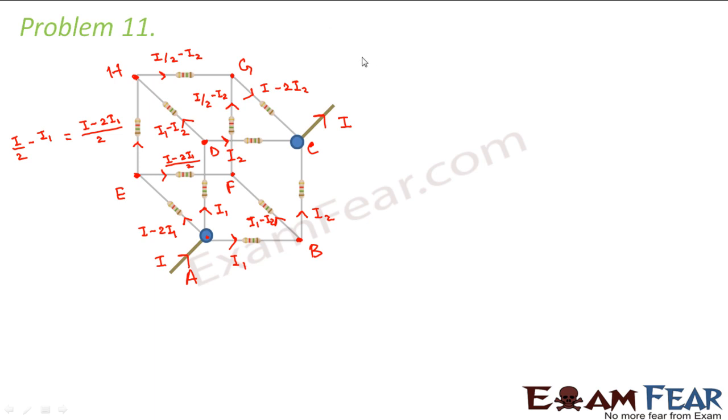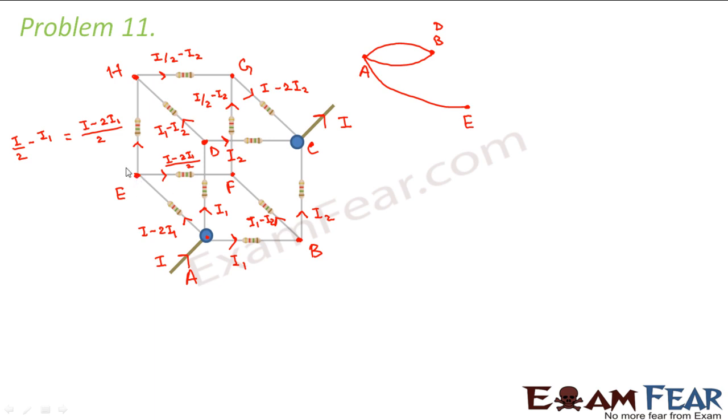So now in this case again we will draw the same diagram which we drew in the previous slide. So we start with point A. From point A you have I1 going to points B and D, but some other current going to point E. So we will draw B and D together because the same amount of current is going to B and D. Some other amount of current is going to point E. So we will draw point E separately, right?